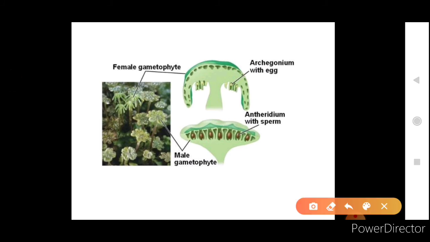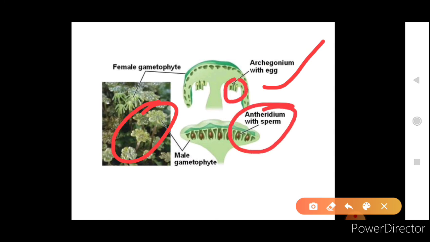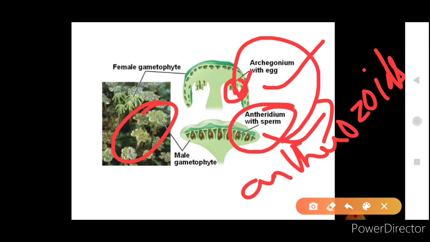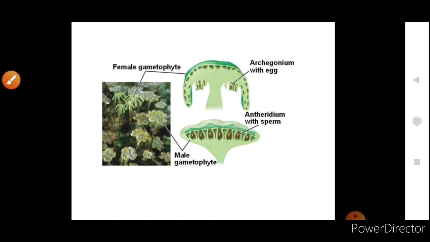Here you can see the male and female parts of these bryophytes. See, these are the flower-looking structures. So when we see here, this is the archegonium with the egg present here, and this is the antheridium. Okay, and this will produce what? Antherozoids. These antherozoids will be biflagellated, and they will reach the egg and fuse with it and produce a diploid zygote. Now this diploid zygote will undergo what? Reduction division, because the main plant body is haploid, so it will produce haploid spores after reduction, and now these spores will germinate again to form the entire structure.